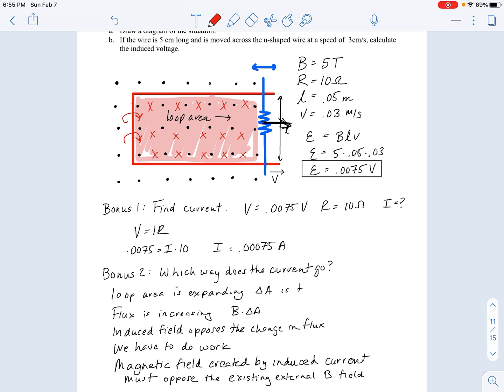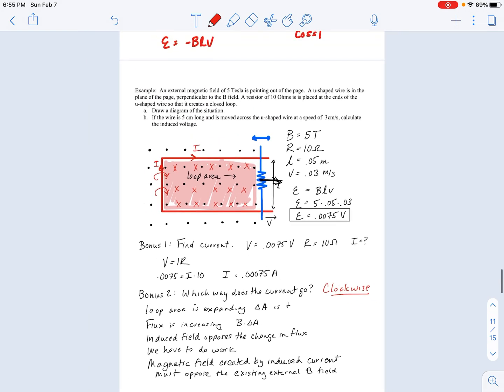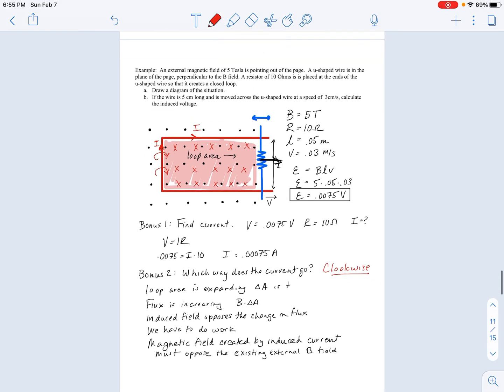And if I wrap my hand around that wire, the current would go clockwise. All right. That was a big